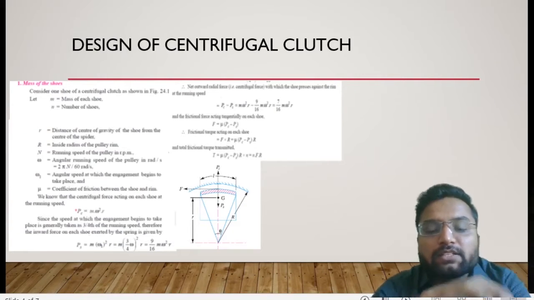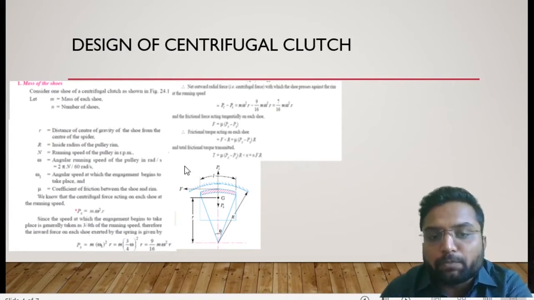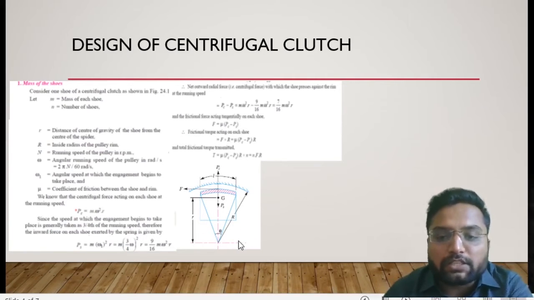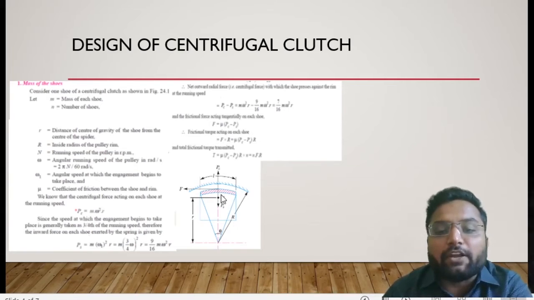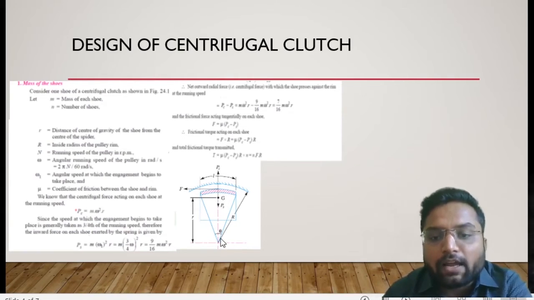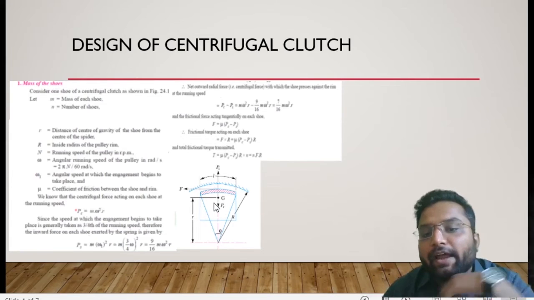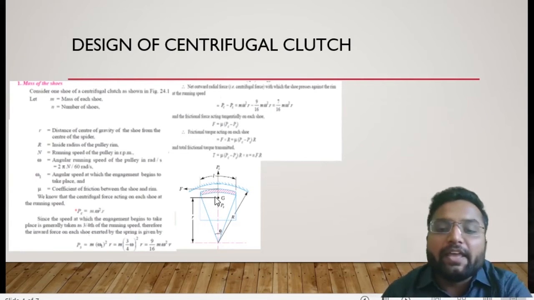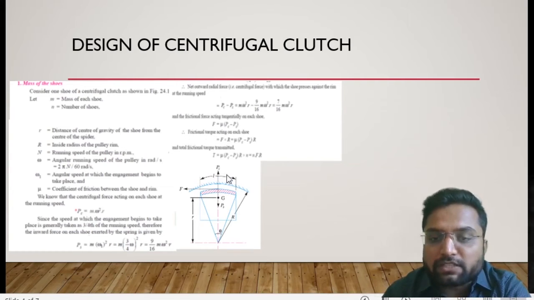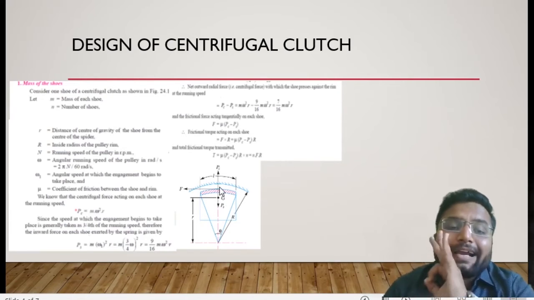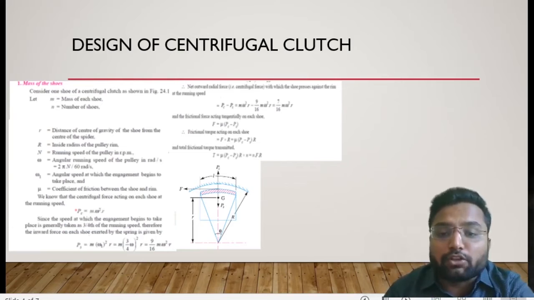Here you can see this is one of the shoes of our centrifugal clutch, where the internal drum radius is capital R. The distance from the center to the center of gravity of this spring loaded mass is small r, the angle made by this shoe is theta, and the length of this shoe is L. Clear? Here there will be two forces. One is the outward force, which is centrifugal force. Another is the inward force, which is spring force. And these two forces should create enough friction so that it remains in the same position while in working condition.